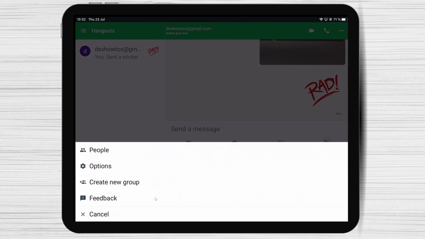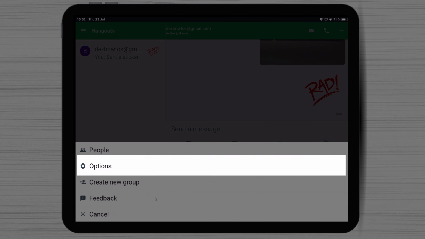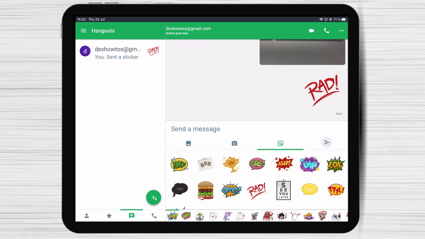If you tap again on the three dots menu from the top and select Options, you will see here some other features like notification. You can set up so that the chat will not send you notifications if you swipe this to off. Also, you will be able to delete the conversation or archive it. Archiving a conversation will remove it from the main page of conversations, but will keep the conversation in your history.